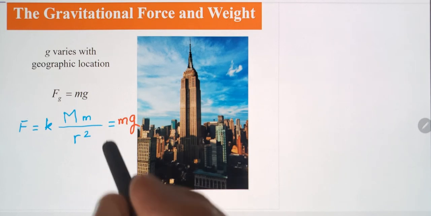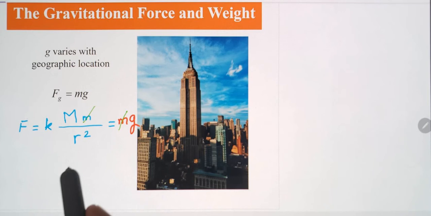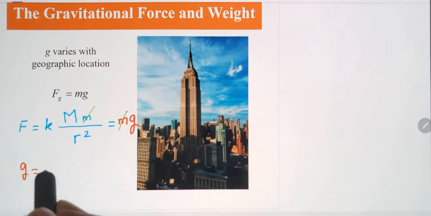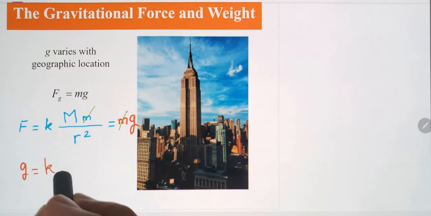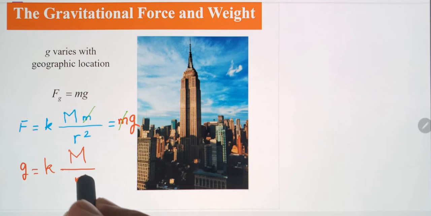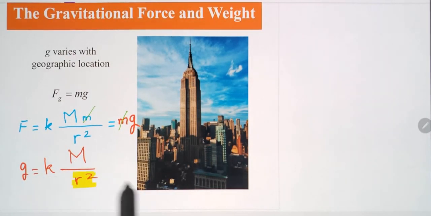So m will go with m. So we end up that G is equal to that constant multiplied by the mass of the planet divided by r square. And this is to show you that gravitational acceleration